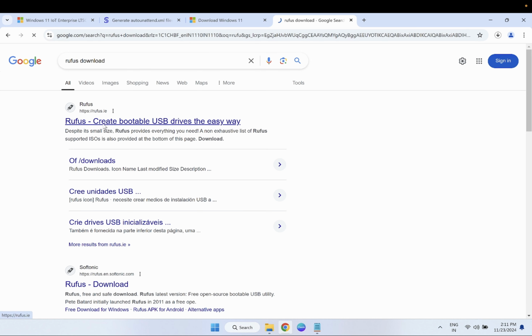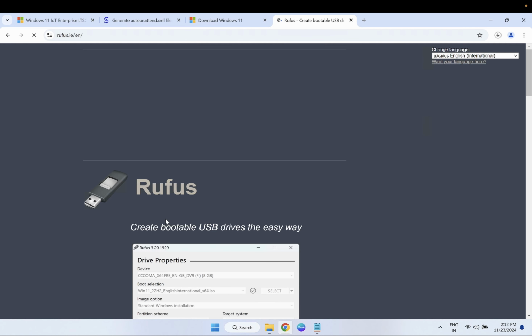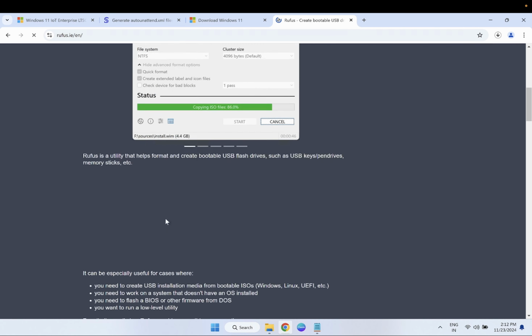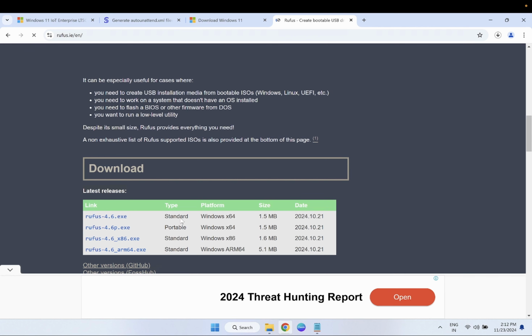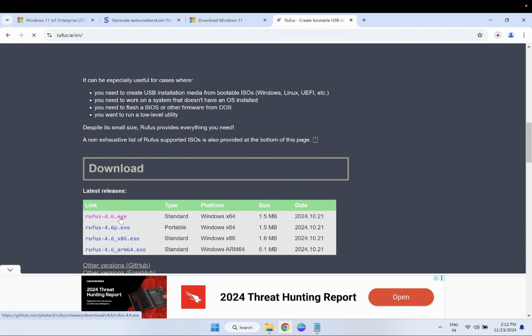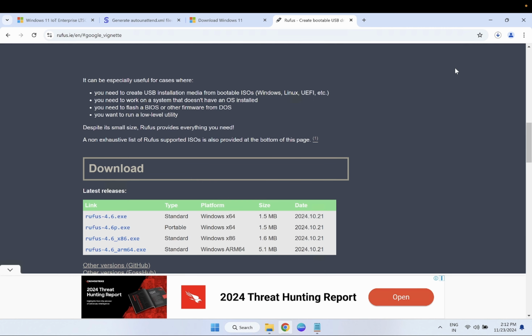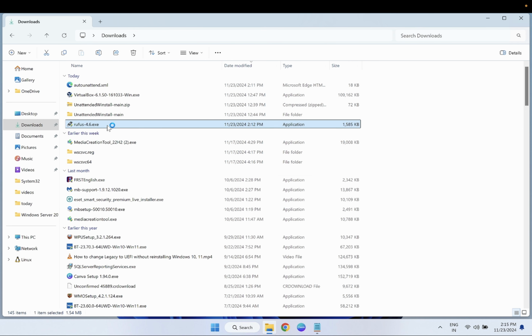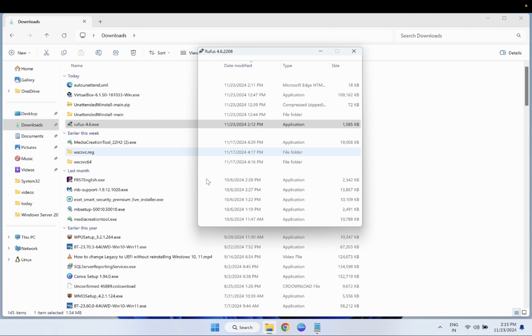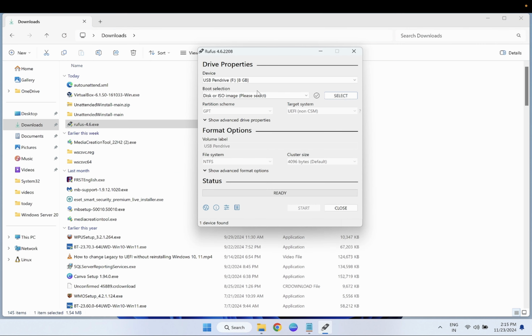Just click on this option, first link. Go for the standard version, just click on exe, just hit the download option. Close the advertisement. So once you have downloaded Rufus, just double click on it and insert your pen drive inside your system and go to select